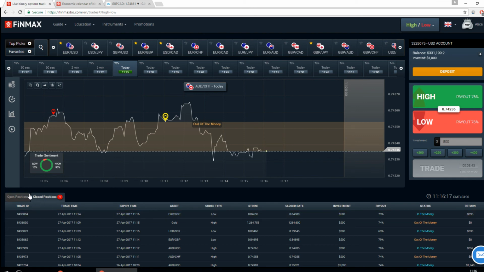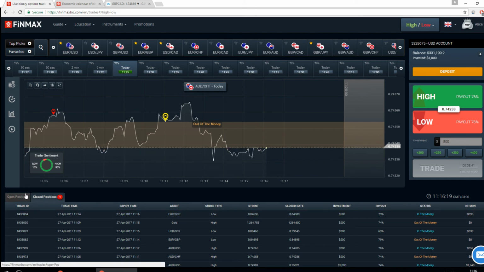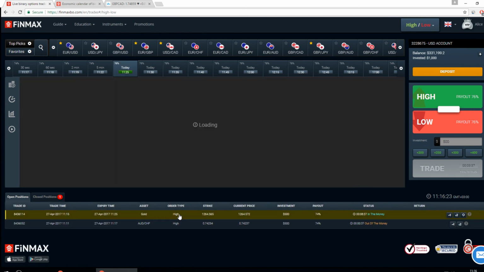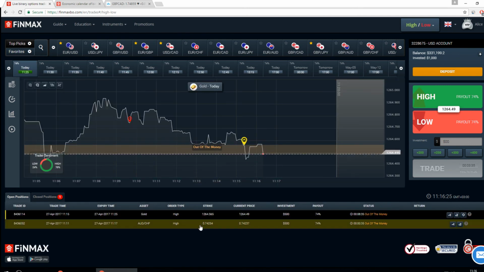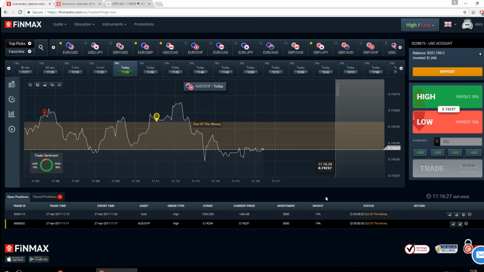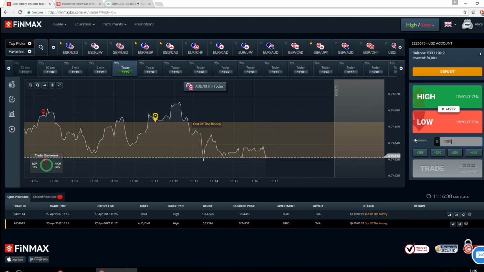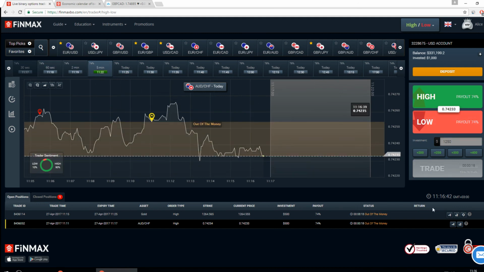So what we've got right now is gold and Australian to Swiss franc, as far as I see the second leg for both assets. And here we see that it's still out of money, so I will probably need to enter for the third overlapping. So for 5 minutes. Never forget the time frame that you are using.